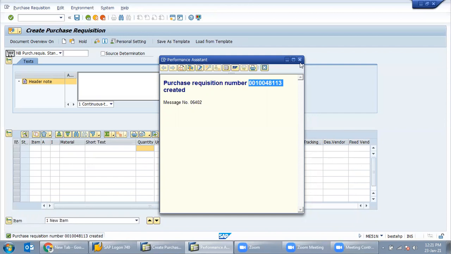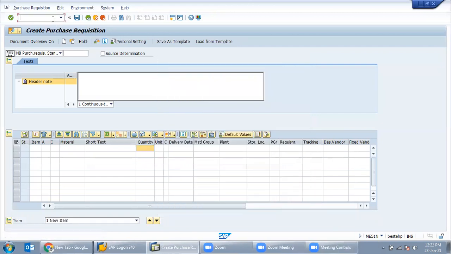Now what next? The purchase requisition created means a requirement is generated, and by giving that number to the purchase department, we create the purchase order. So the purchase department will be responsible to create the purchase order.